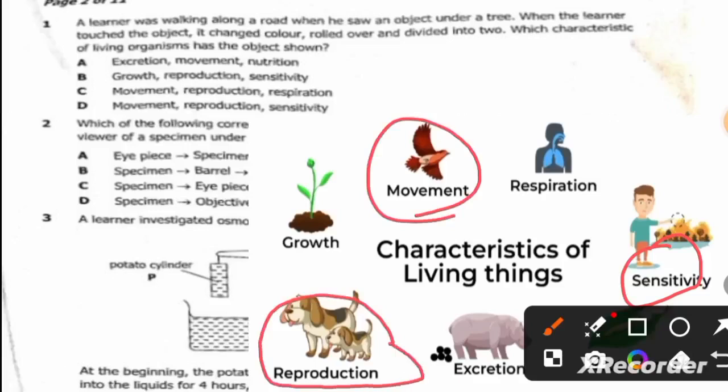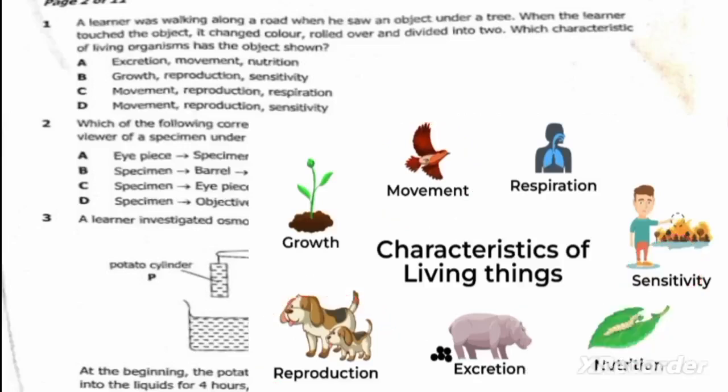So therefore, the characteristics being talked about according to our question are movement, reproduction, and sensitivity. Therefore, our correct answer is D. We move on to the next question, which is